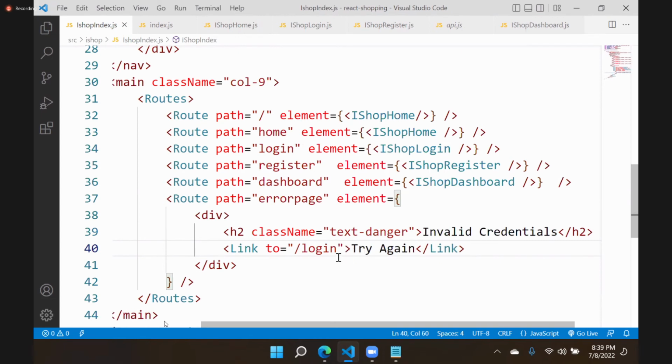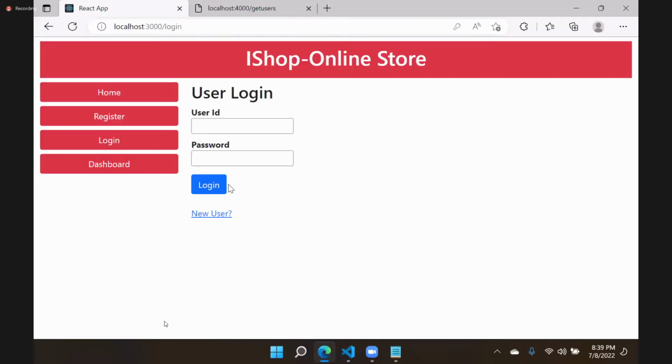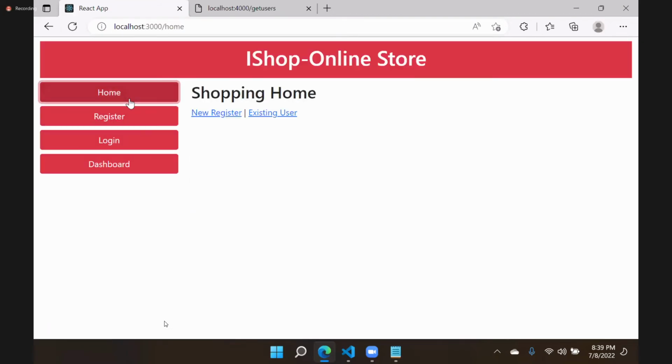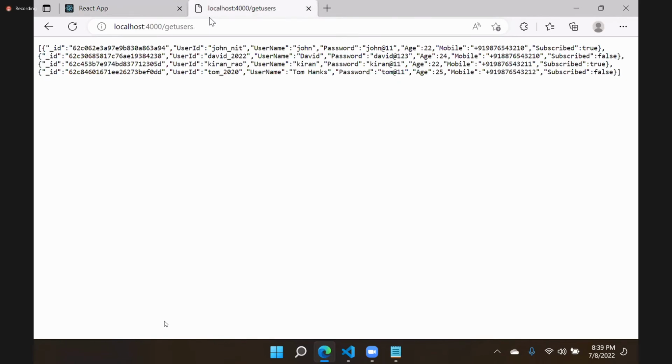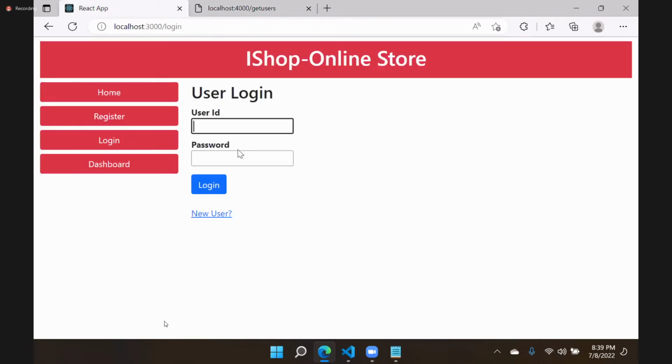This is directly rendering some element on the error page. It should navigate to that error page here. That means here we are accessing the home. I am an existing user, login, and I will enter the login credentials. Suppose David underscore,